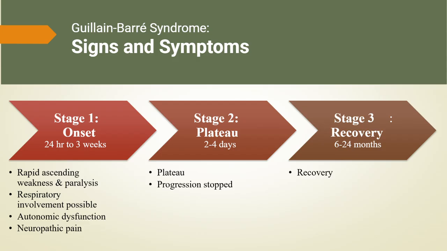Most patients regain their strength and function, often beginning in the areas affected last and moving downward, the opposite of how symptoms appeared. Many patients return to their previous level of function, but some may be left with mild chronic weakness or sensory changes. The key message for nurses is understanding that the acute phase is the highest risk period, especially for respiratory failure and autonomic instability, while the long recovery phase requires encouragement, therapy, and emotional support.